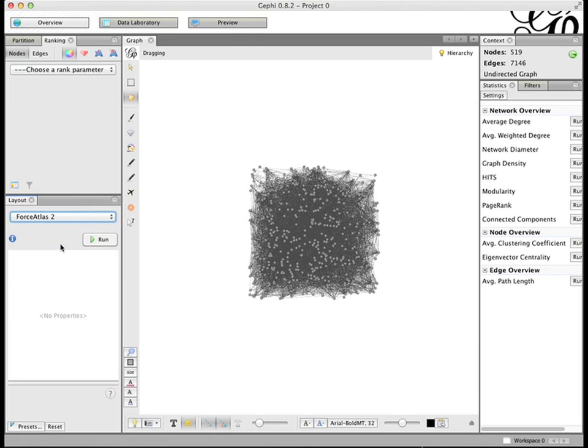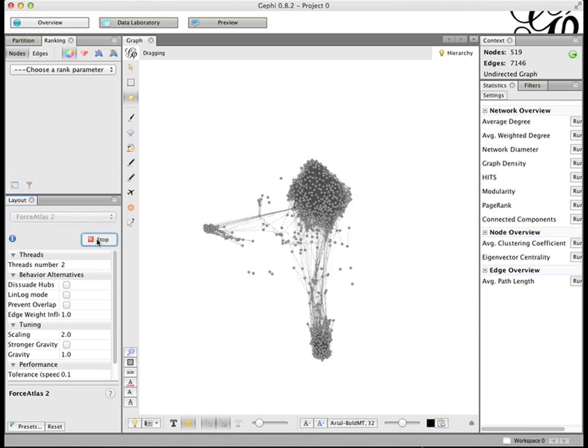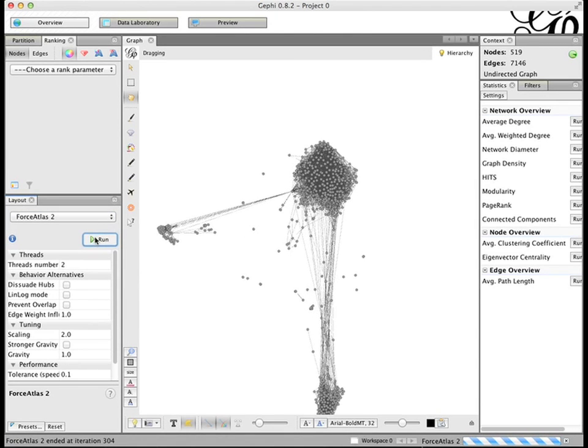I generally end up going with Force Atlas or Force Atlas 2, which is a really neat algorithm because what it does is it holds clusters of observations together while pushing them apart from one another. So it shows you basically clumps of friends in your friends network, groups of friends that are connected to one another. And when you run it, what you see, right, all of a sudden, boom, is that I've got 3